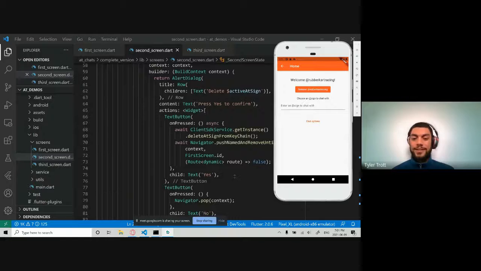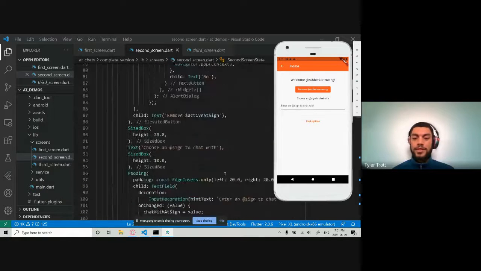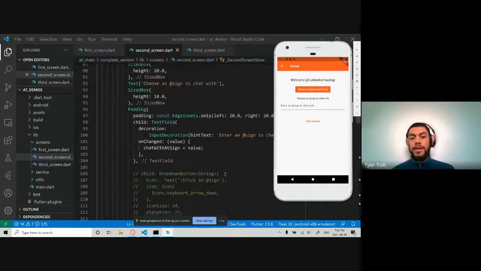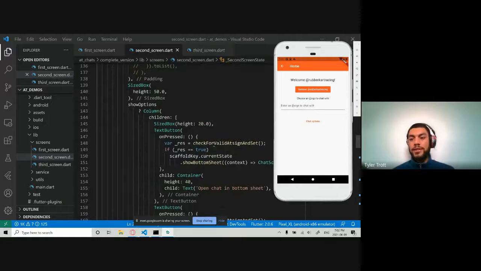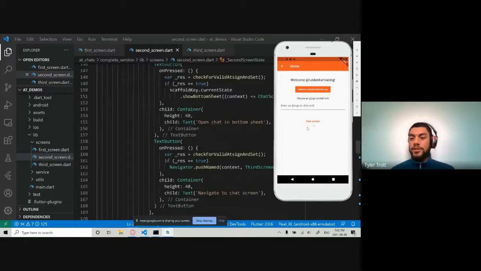So let's scroll down a little bit more after all of this from remove. And I think it's going to be after all of that good commented out stuff. So here you'll see the on pressed, after we input an @sign, it's going to check that @sign is actually real and activated. So it will make sure that you actually have your own server running for that @sign, just like what Colin went through, or just like how you saw him actually activate it on the @sign.com to make the QR code. And it will then, I'm going to put in, let's go with Combined Leopard.